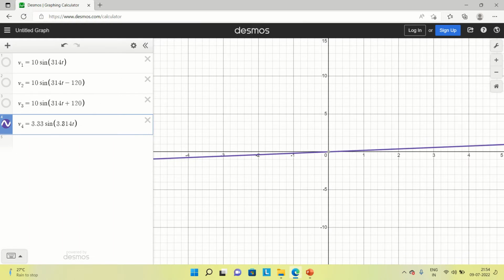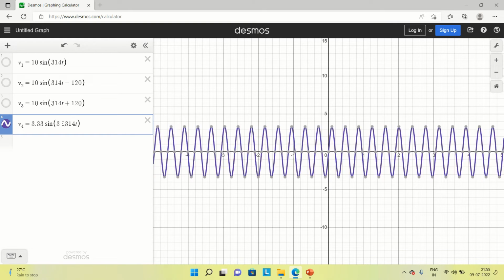Sorry, here it is multiplication symbol, not dot. Okay, so though it is representing dot, we have to use multiplication symbol. 3 times of 314t. So this is what third harmonic signal. Then let's combine